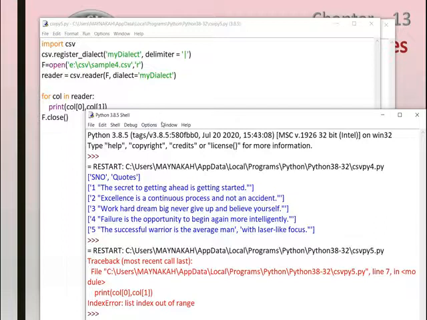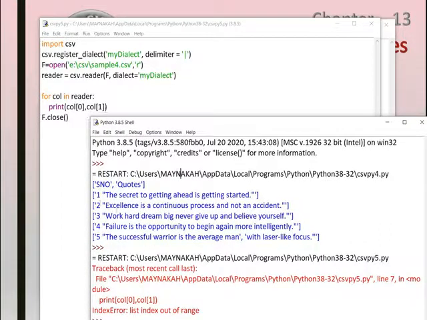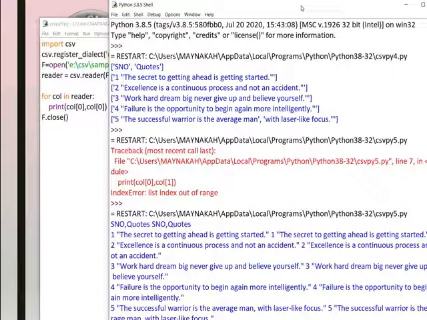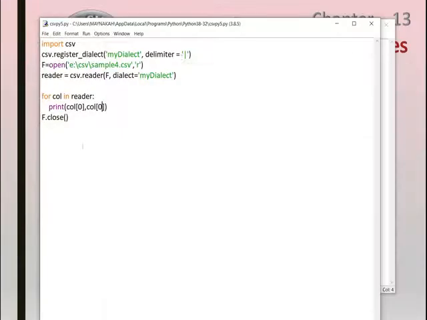As the given column numbers are 0, 1, here can you see only two things. So it's saying list index out of range. So we'll change the index. If we change the index, it is giving the output.